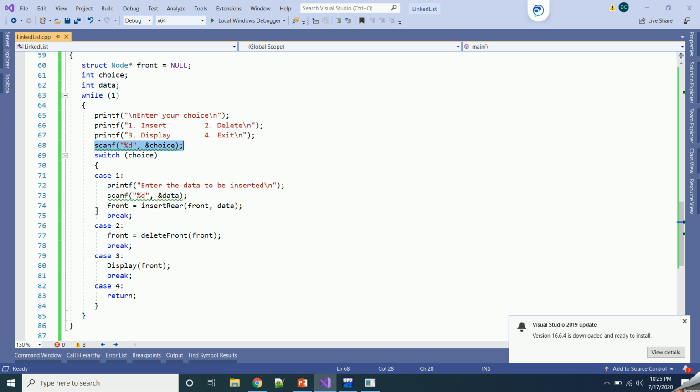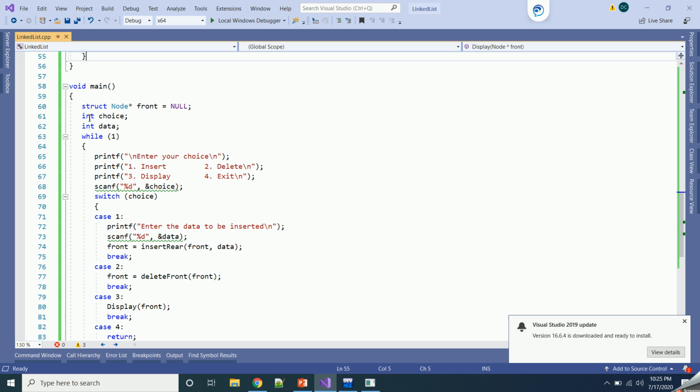So here 1 means we'll ask the user to give the data that he wants to insert, and then we call the insert function. If the user gives input as 2, then we'll call this delete function, and for 3 we'll call this display function. And for 4 we'll simply return. So in main we have written this code.